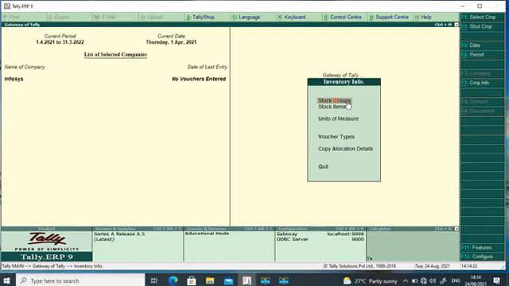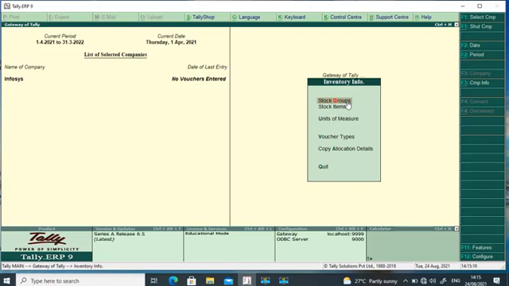To maintain such stock items, first we need to create a stock group. For example, if I create a stock group named TV, then under that stock group TV we can store all our different companies' TVs. So different companies' TVs are referred to as stock items and only TV is referred to as the stock group. Under the TV stock group we can store all our items. Like fridge, if you create one stock group named fridge, then under that group we can add so many items which are present in our shop.